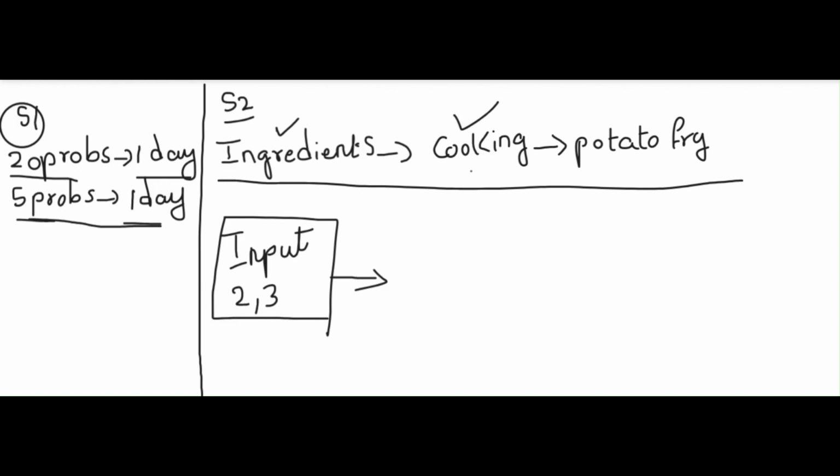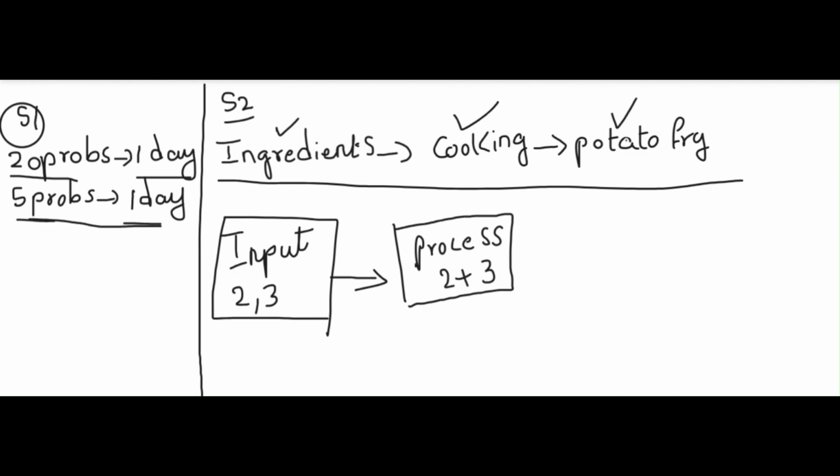So, in the second step, what do we do? Cooking, right? We call this cooking the actual process in our programming. And what is the actual process that we do? We will simply be adding two numbers, so 2 plus 3, right? Now, the last step is